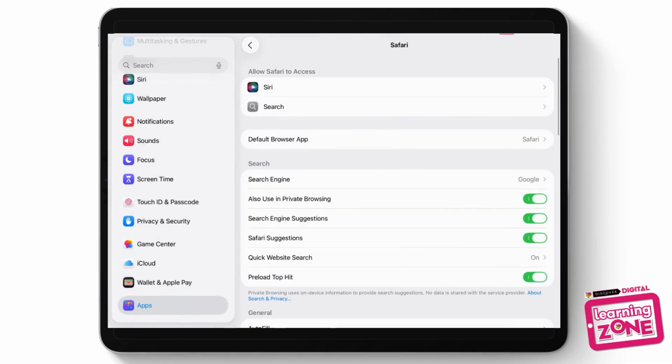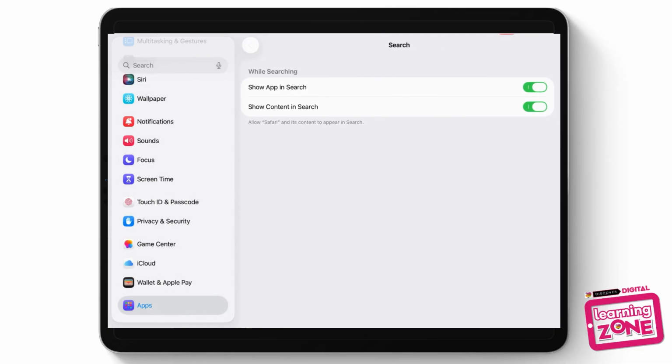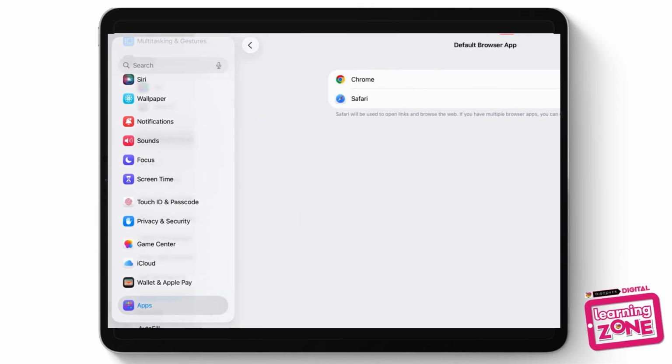So you can use Siri to be able to speak in and be able to do that in your search. You can set your default web browser as well. So at the minute, mine is Safari. So if I'm tapping on any links from my emails or anything like that, it will automatically go into Safari